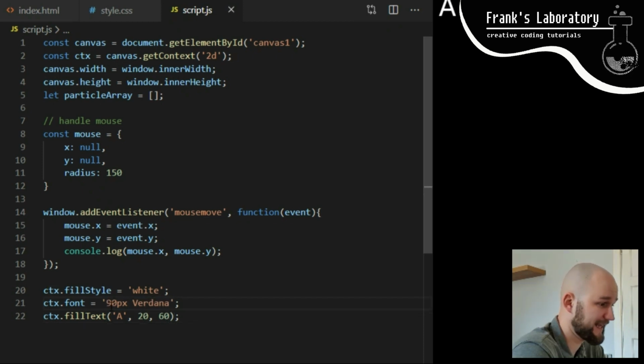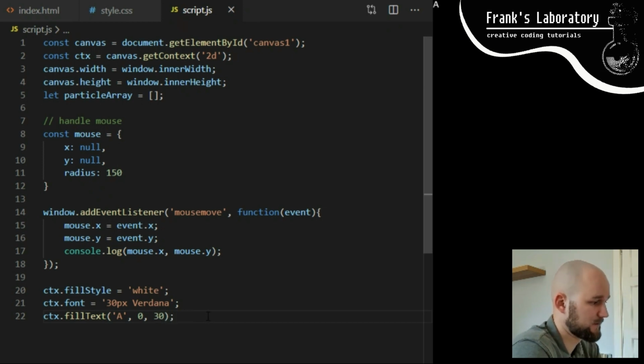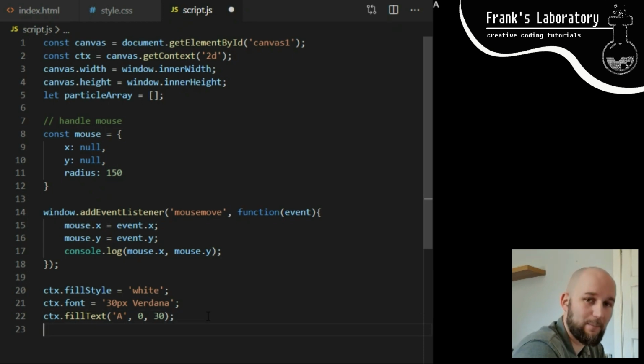Now, what I want to do is to scan a small area of canvas around the white letter A, analyze the pixels, filter out pixels with no opacity, because that's where the text is, and only save those pixels that are not transparent into our particles array. More specifically, I want to save their X and Y coordinates, and I can also save their color values if I want. That way, we can replicate the shape of letter with particles by using X and Y coordinates of each pixel as coordinates for our particles. Remember that the black background is on body element, so canvas is completely transparent with only letter A having white